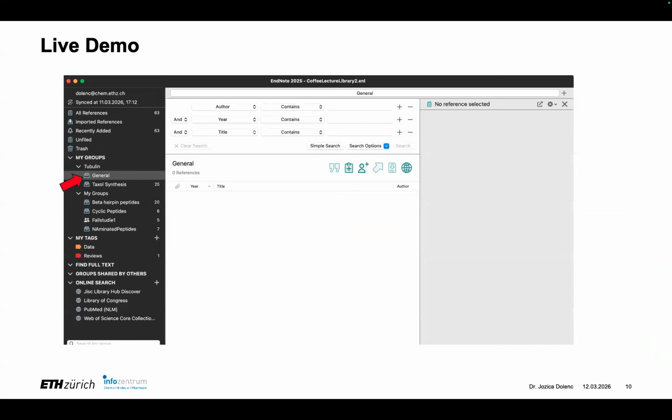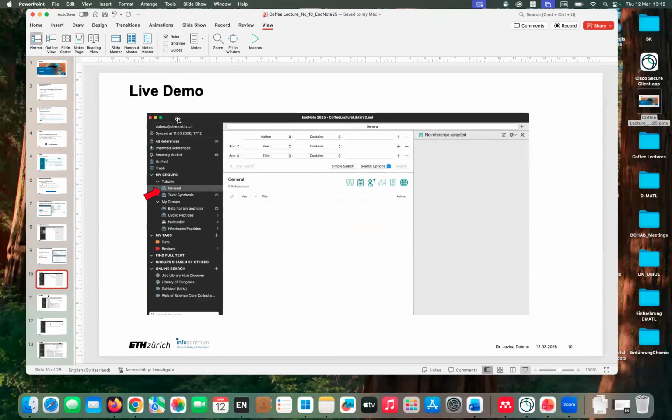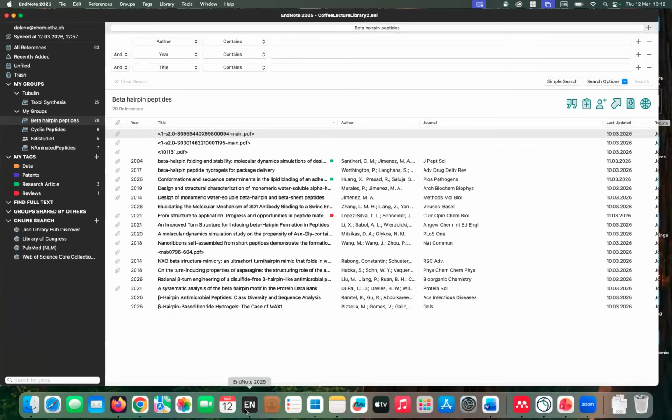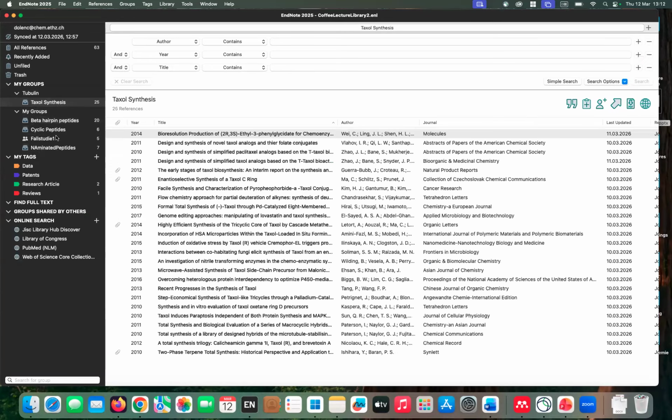Good. So let me go quickly to a live demo. I have almost no time left. So I will just show you what an EndNote library looks like. So here is one. And you see I have here on the left-hand side the groups: tubulin, beta hairpin peptides, and so on. If I click on taxol synthesis, which one of our colleagues knows very well, you can see here,